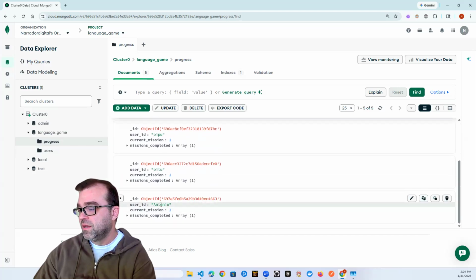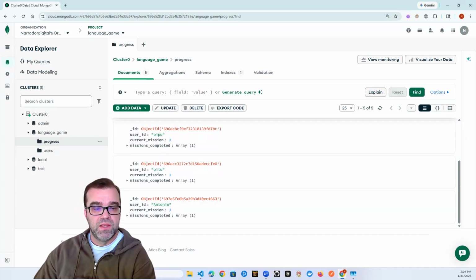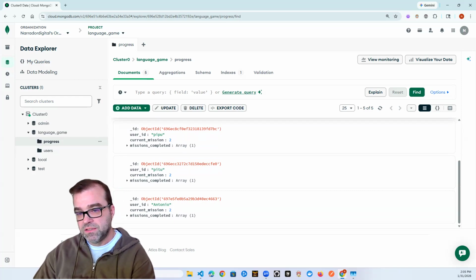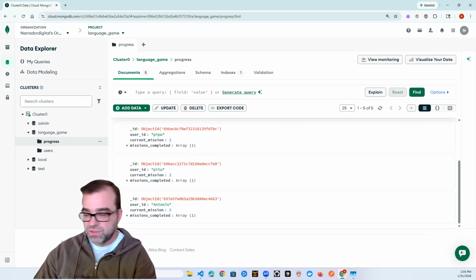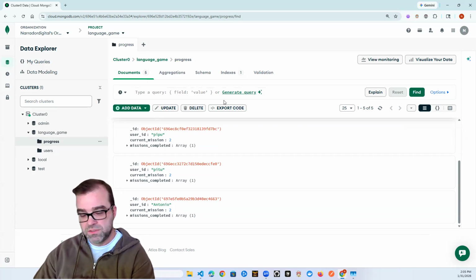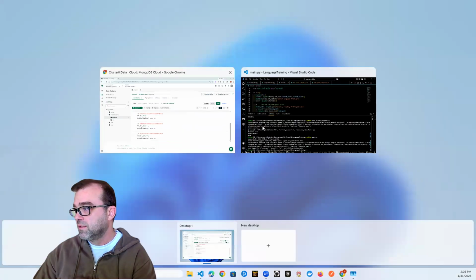And then we also see Antonio's progress here. So the progress collection references the user through the user ID field. So this creates the logical relationship between the two collections. And if we look at the different CRUD operations, we can go back and